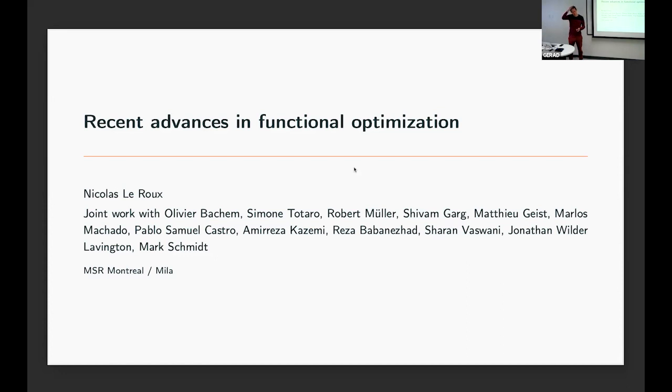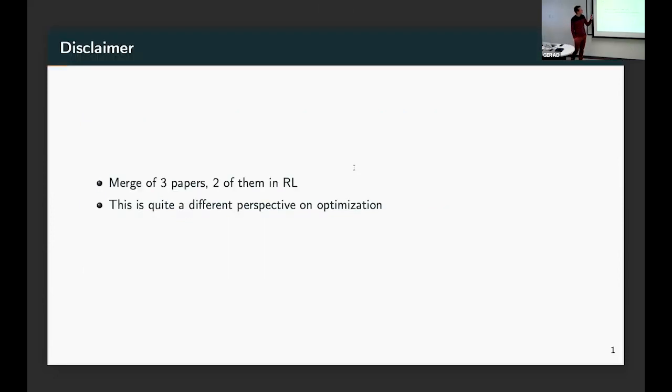You had him talk last Wednesday, and then a bunch of others in RL and in optimization, both professors and students. Okay. Yeah, so this talk is a merge of 3 papers, 2 of them in reinforcement learning. So even though I don't do RL for the sake of RL, this is still a nice test bed in case of optimization. And as I said, this is quite a different perspective on optimization,